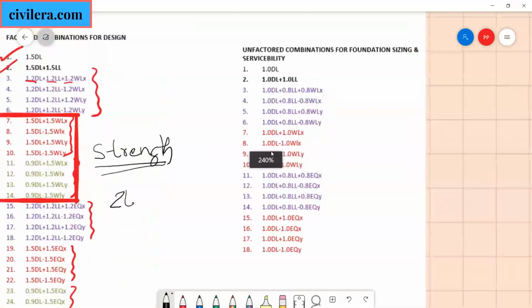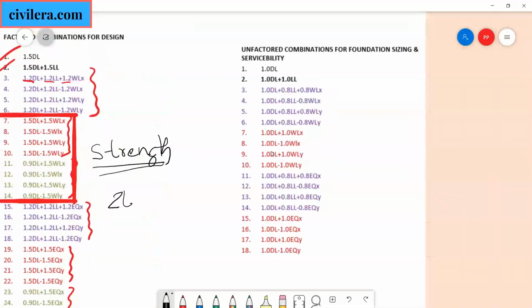So why do we need a factor of safety? Factor of safety is to ensure that in case of an accidental increase in load, your structure doesn't come down. So that's more of a strength issue. It's not a serviceability issue. If your building vibrates a bit more than usual and people feel uncomfortable, that is not a big problem. It's a problem, but that's why we are considering it for unfactored load. We are ensuring it, yeah, wind load, earthquake load, all these are highly considered, but